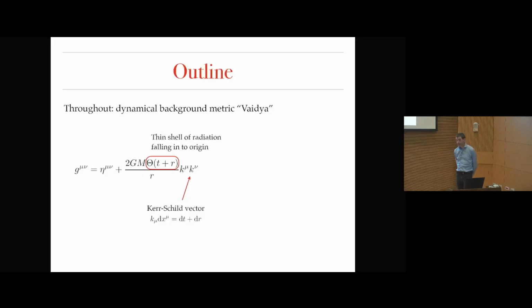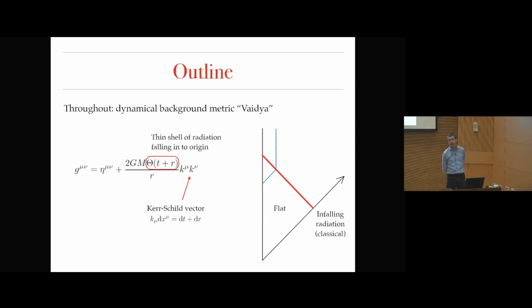Now, the fact that this theta function is there is telling you that there's no black hole in the far past, but there is one in the future. And correspondingly, some radiation, some matter falls in, collapses in, and it forms the black hole at the origin here, at time 0. So here's a cartoon picture of this space-time. In the far past, there's just some flat region. This is before the radiation gets in. I cunningly drew the radiation as this red line here, so that's just some bunch of massless particles basically falling in.